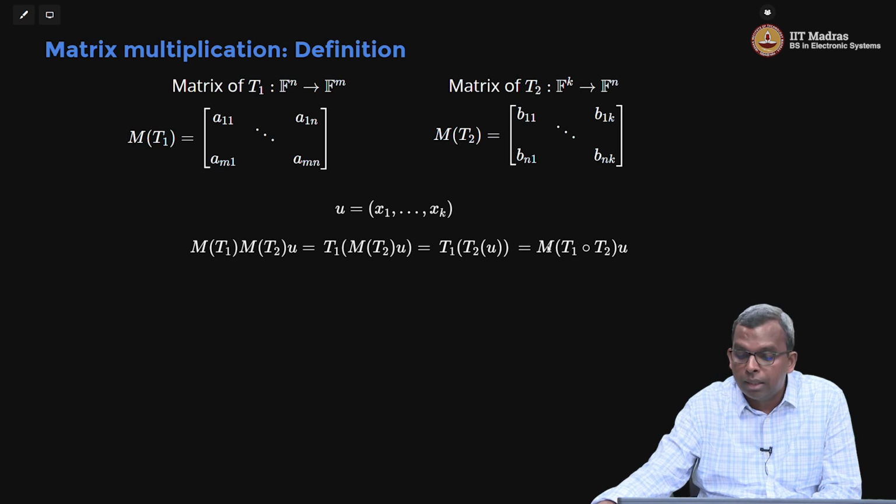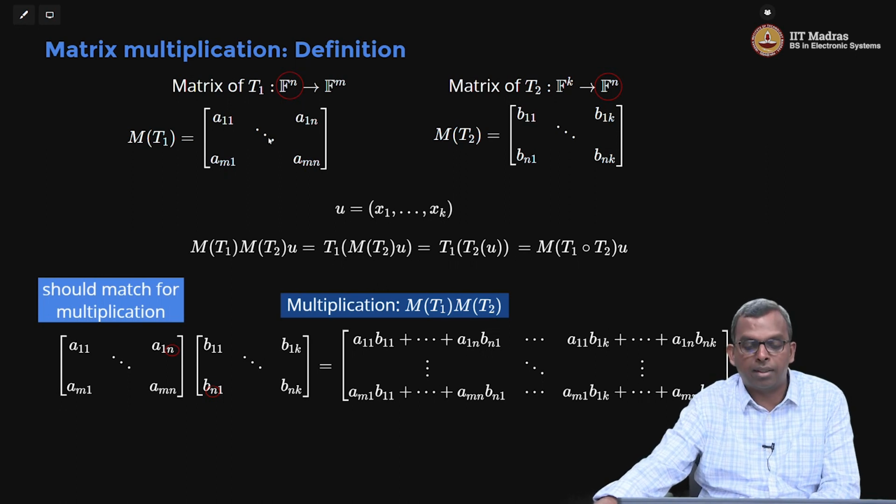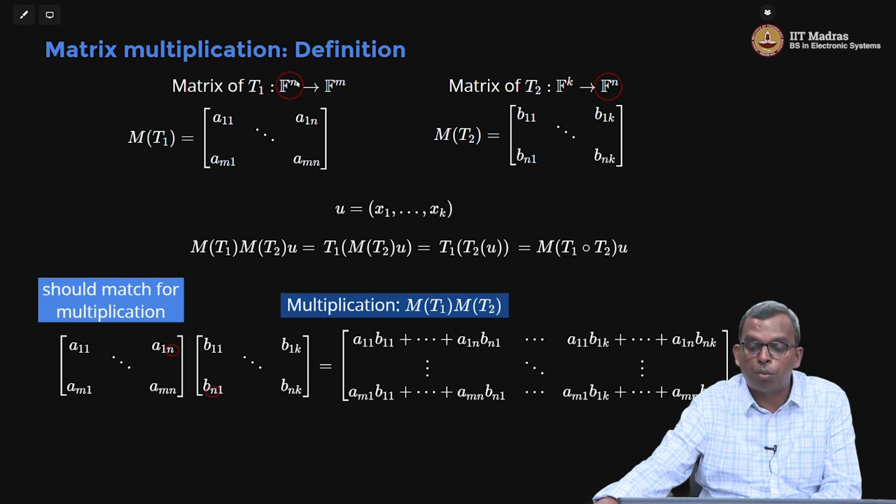So you see here that M of T1 composed with T2 is the same as M of T1 times M of T2. Okay. So this gives you a very clean definition of the multiplication of two matrices. How do you multiply these two matrices? First of all, these conditions should match. This Fn and Fn should match. The number of columns here should be equal to the number of rows here. This n should match. Only then a multiplication is valid,